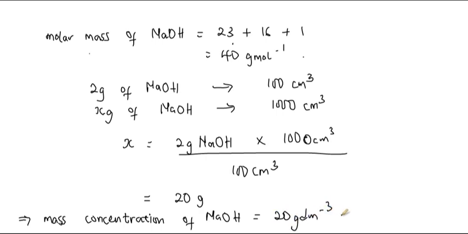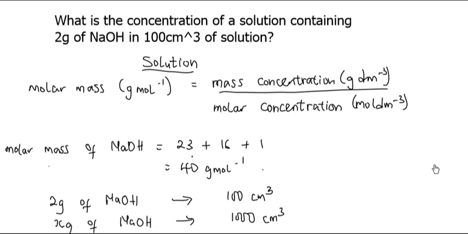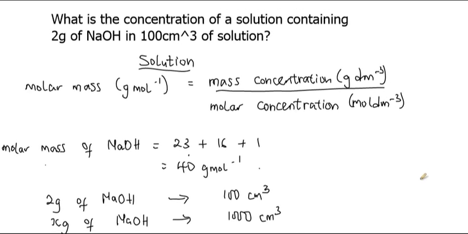That is, if 2 grams of sodium hydroxide is present in 100 cm³, then 20 grams of sodium hydroxide will be present in 1000 cm³, which is also the same thing as 1 dm³. Hence, the mass concentration of sodium hydroxide is 20 grams per dm³. This is just the first part of the question. Moving further, we are being asked to calculate the concentration in moles per dm³, and from the formula written here,